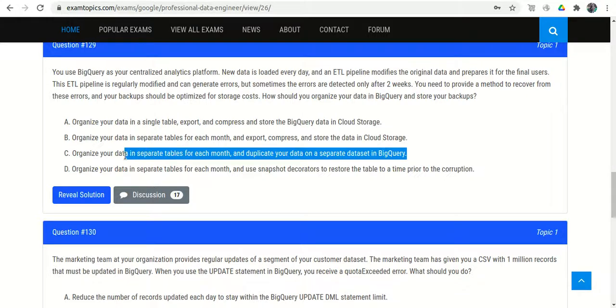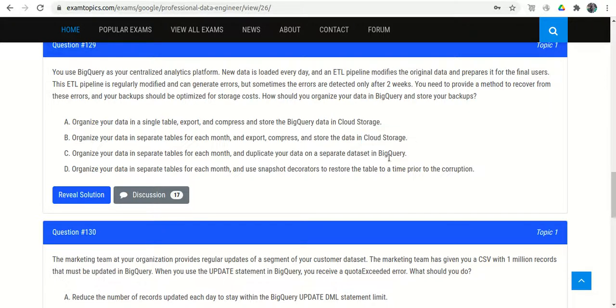That doesn't look good because it will increase the cost. If we store the backup into BigQuery, it will increase the cost. So better we store it in Google Cloud Storage. So option C is eliminated. Option D: organize your data in separate tables for each month, and use snapshot decorator to